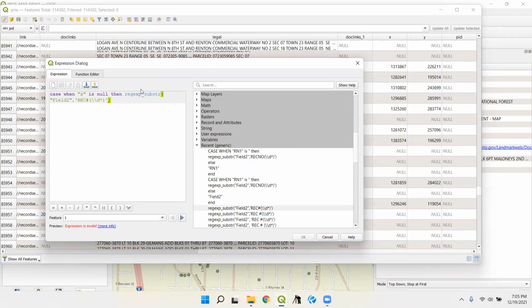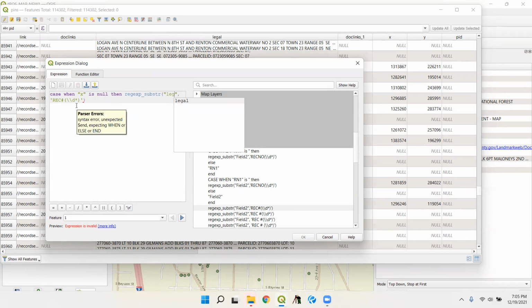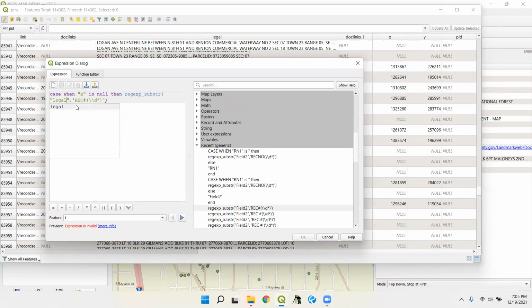Case when X is null, then regexp substring legal. And then we're just going to try just that. I like it. Else, null, and